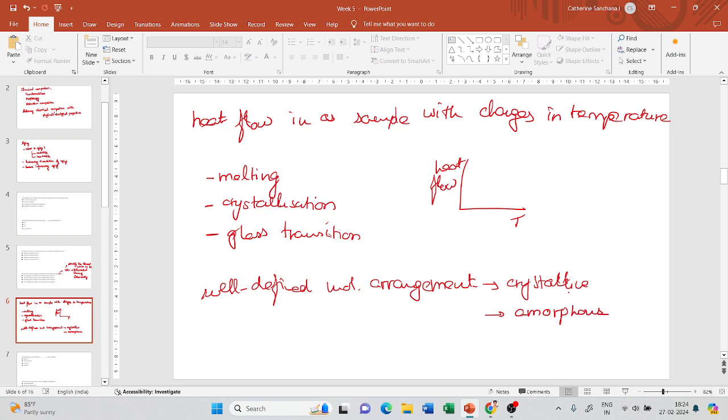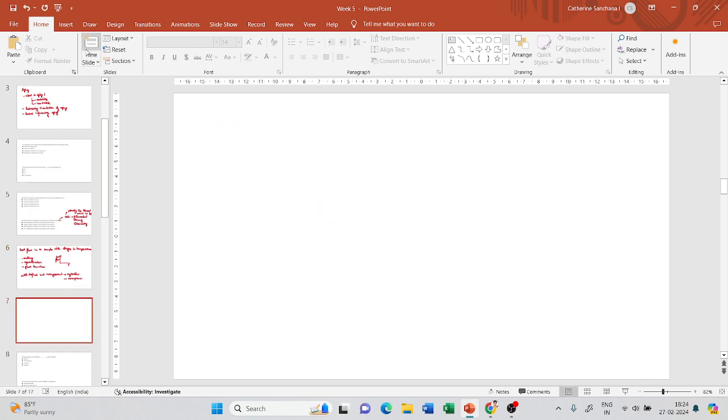Right? So when you do this DSC, you will be able to see if your material has crystalline components in it or amorphous components in it, and even if it has crystalline components, at what temperature it starts to melt. If it has amorphous components, at what temperature it undergoes glass transition. Now if you notice me clearly, I would have said melting